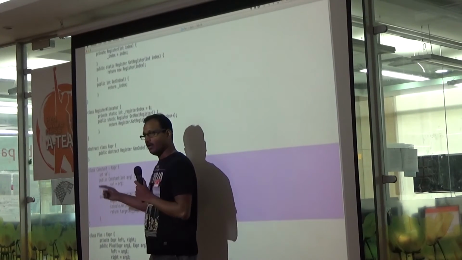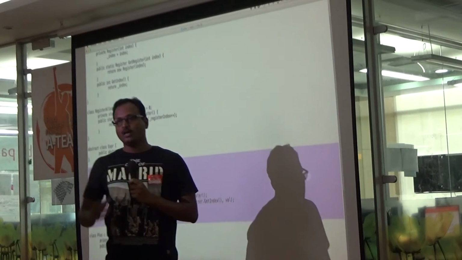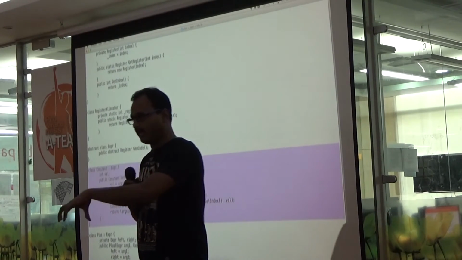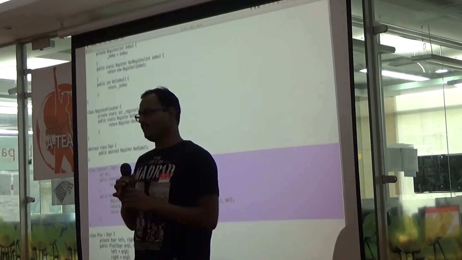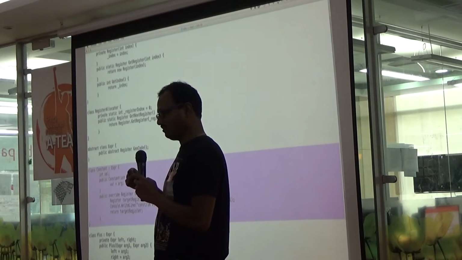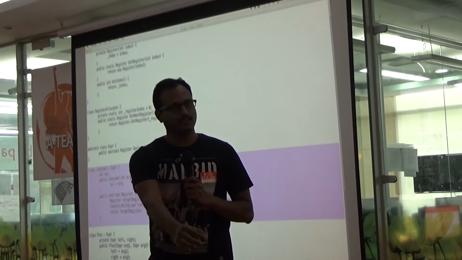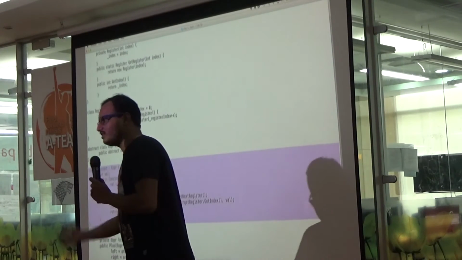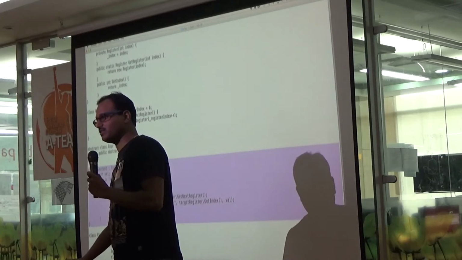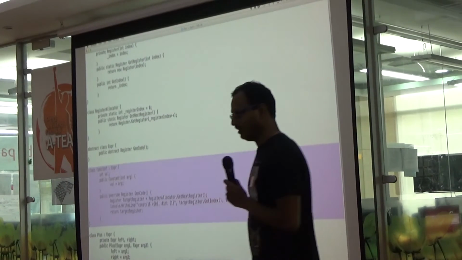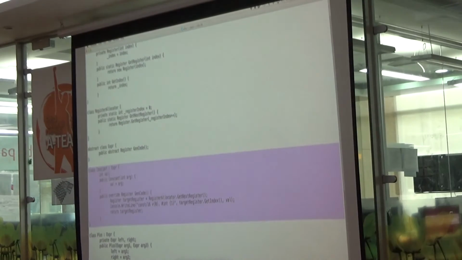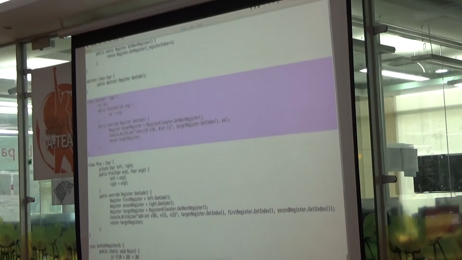Register as an object. Why this is important is because when you have an expression tree, left and right, you don't know what you are getting from the left. You don't know what you are getting from the right. What I need is the register for this particular left expression, or the register for the right expression. Take that and combine them together if needed. This becomes very evident when you have the plus operator.